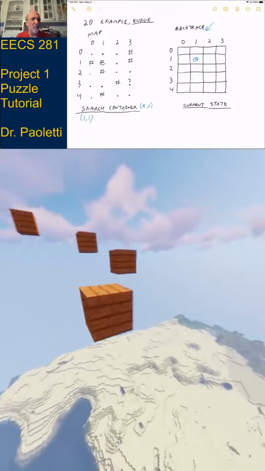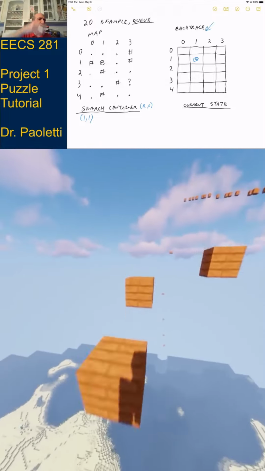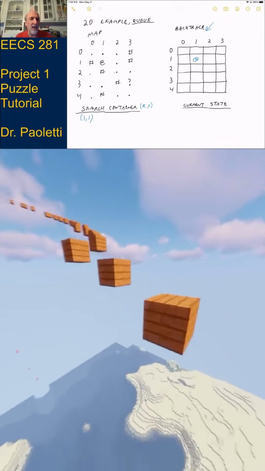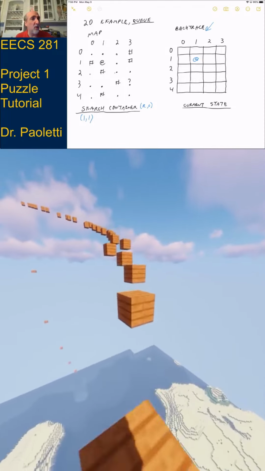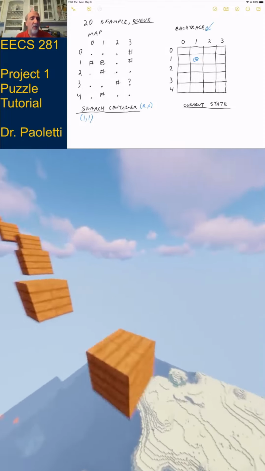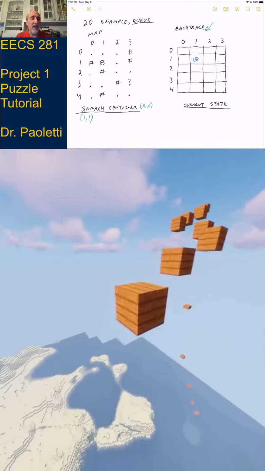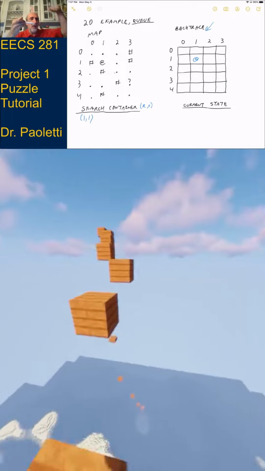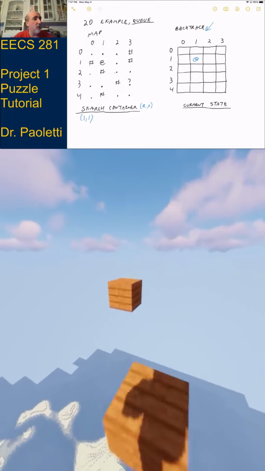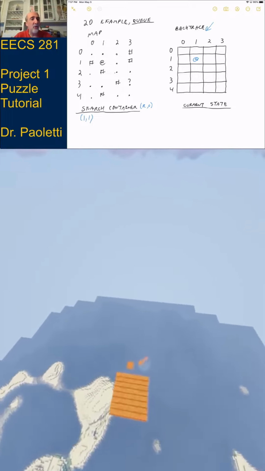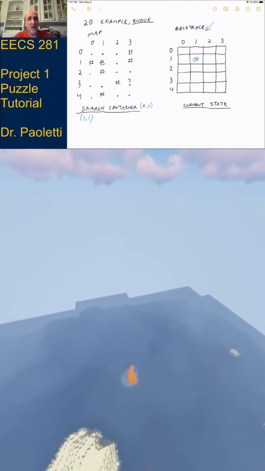Well, I don't know. Maybe I should go through everything in the list and do a linear search and see if it's in there. That's a lot of work. We don't want to do linear searches. So when I want to know things like, have I ever visited row 2, column 3? I can go to the backtrace and go to row 2, column 3. There's a space there. Nope, never discovered it. And that took me constant time.